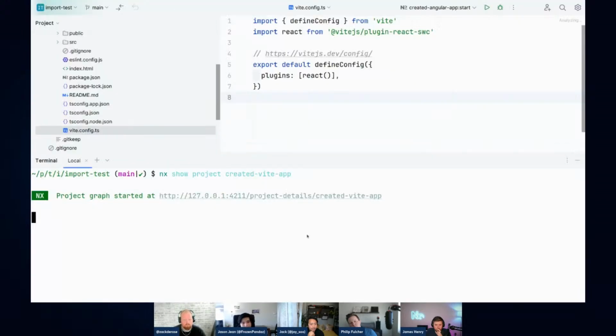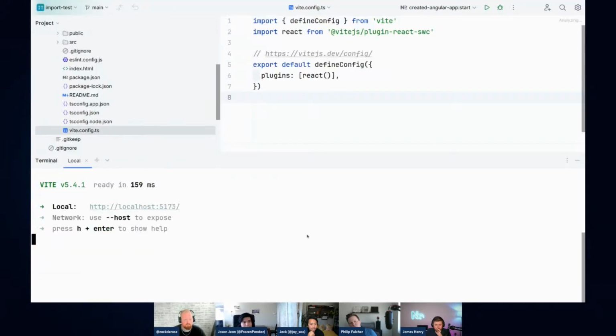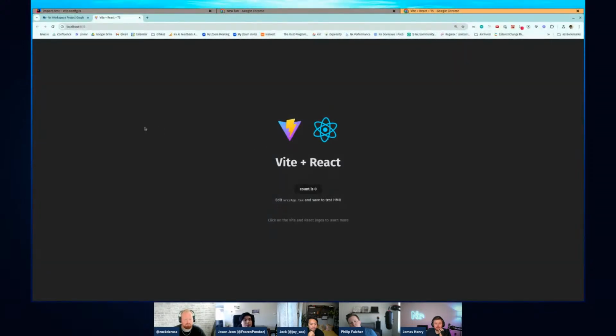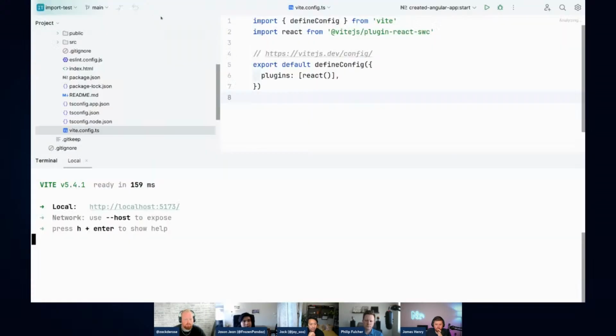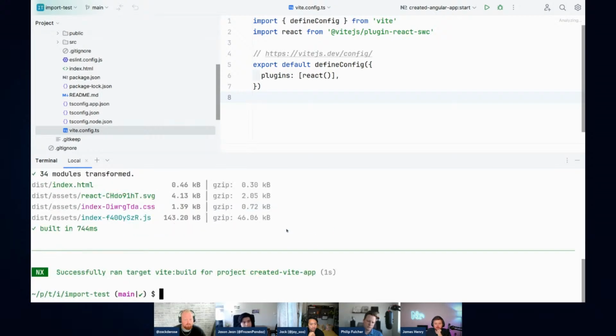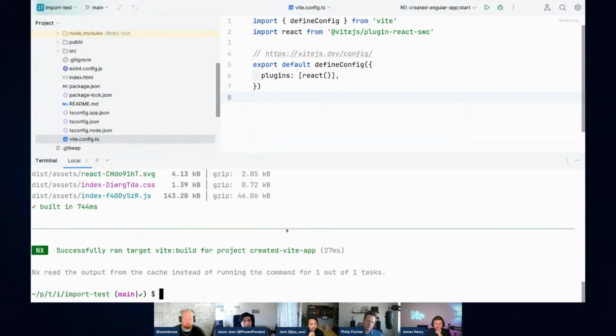I'll go back in here and I'll run serve. And now this is running the Vite app that I just imported as part of my NX workspace. If I go ahead and do the build, this will do the build, and caching will be set up out of the box with very minimal work.